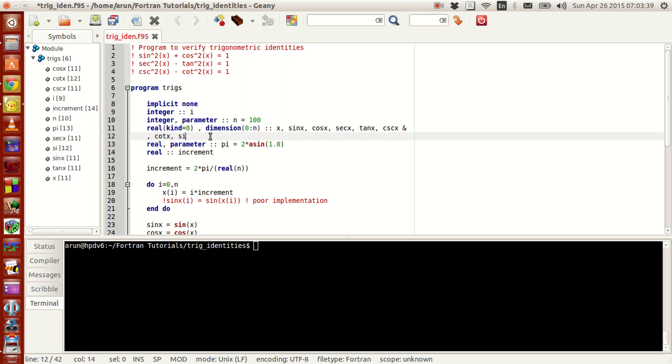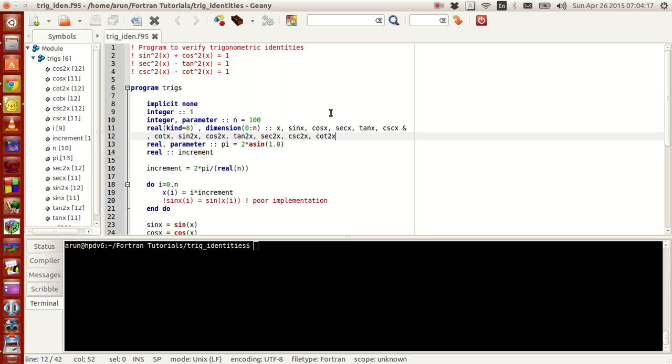This will be sin 2x, cos 2x, tan 2x, and then secant 2x, and then cosecant 2x, and then cot 2x. Okay, that being added,